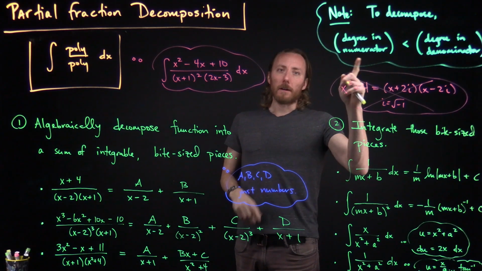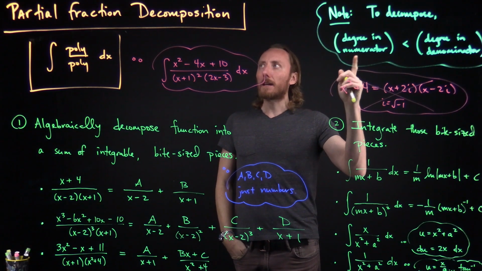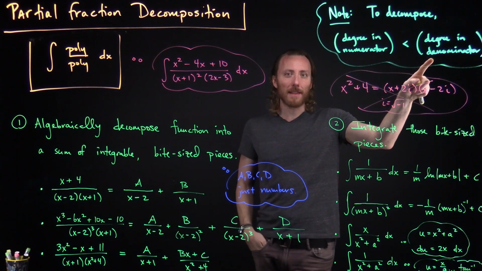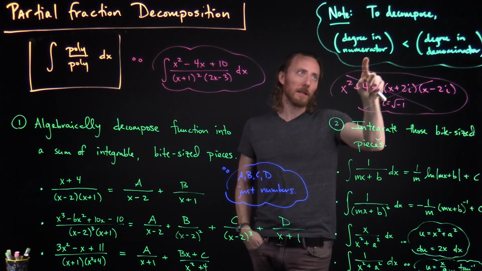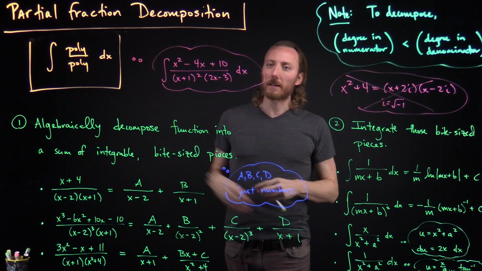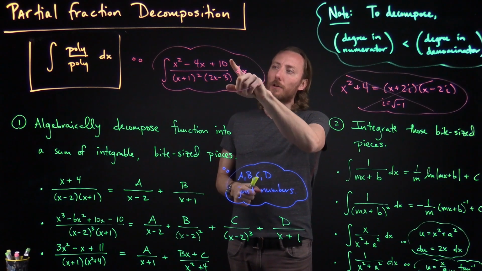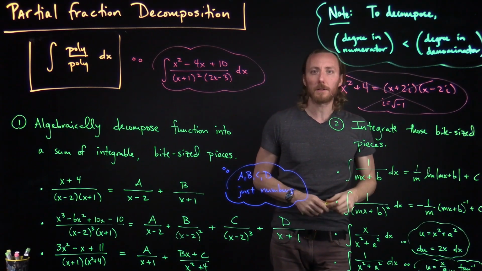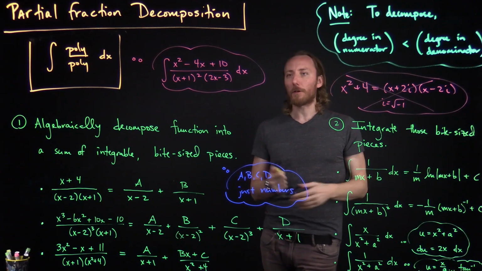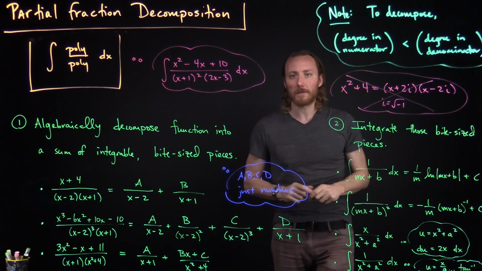I will make a note here, in order to utilize the technique of partial fraction decomposition, you've got to have a numerator degree less than the denominator degree, so upstairs degree less than the degree downstairs, and if you look at this example, that would hold. We've got a degree 2 upstairs and a degree 3 downstairs. Should you have an equal or higher degree upstairs, you'd have to use polynomial long division initially. Not really a point of emphasis here, but